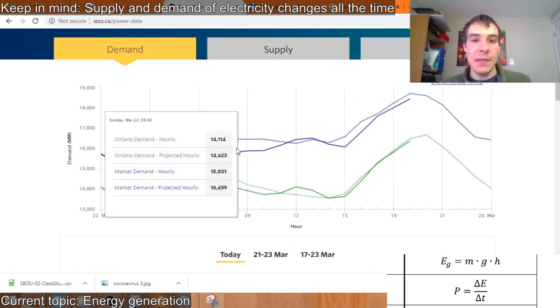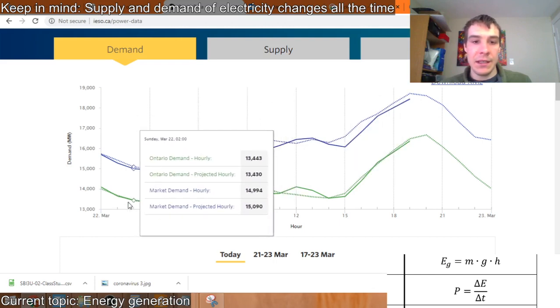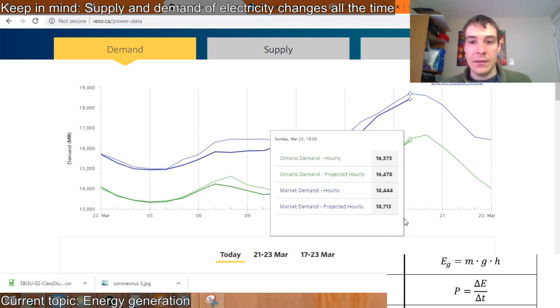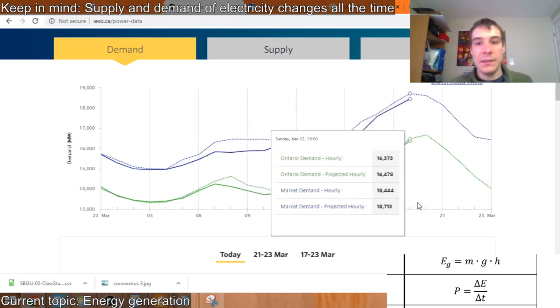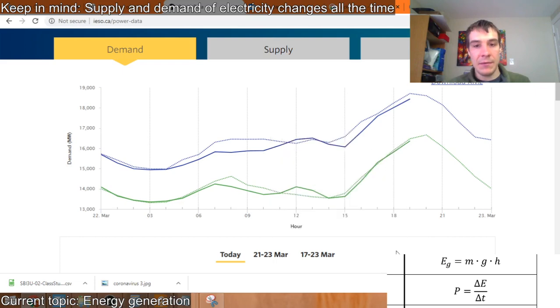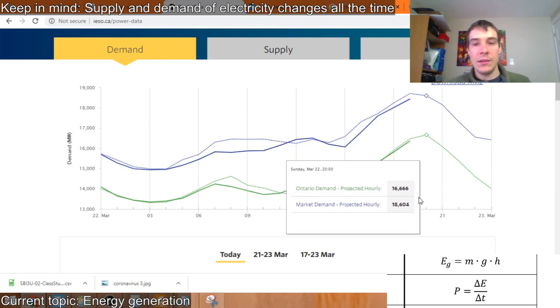And even better than that, they have live curves. So right now we're coming into peak demand, right? So we're seeing the demand of electricity over time. This is 6, 7, 8 o'clock, 7 and 8 o'clock. Why do you think demand for electricity spikes at 7 or 8 o'clock? Take a minute to think about it, and you might realize that it's probably because people are cooking dinner, maybe,